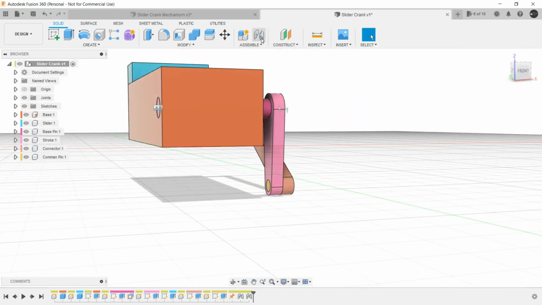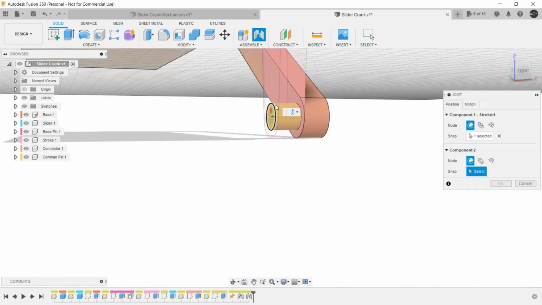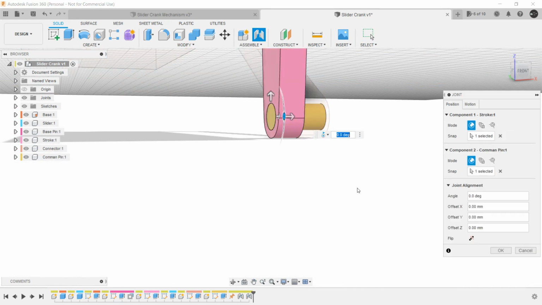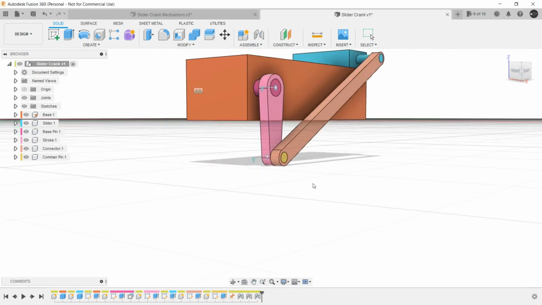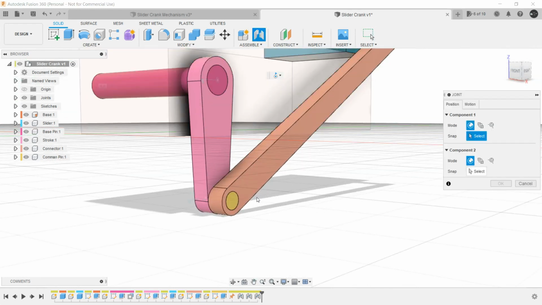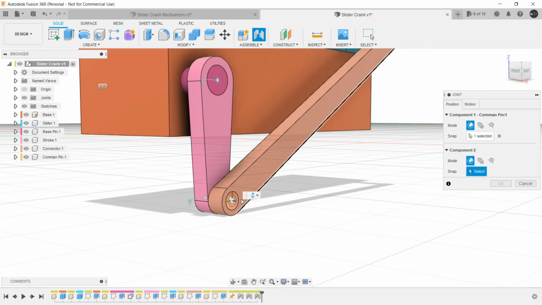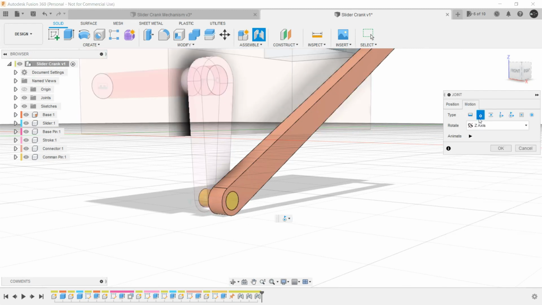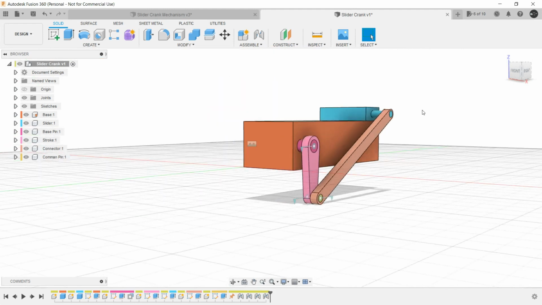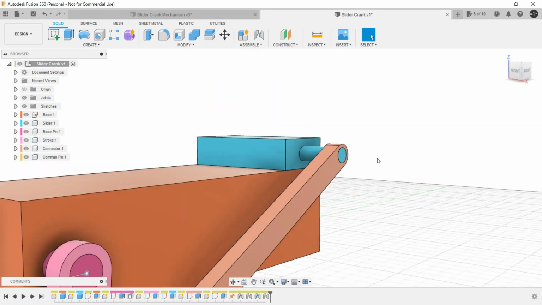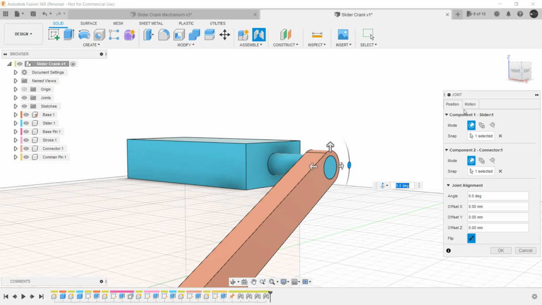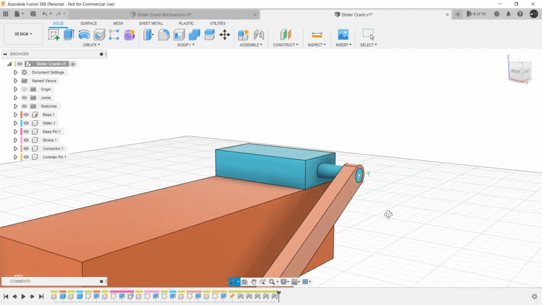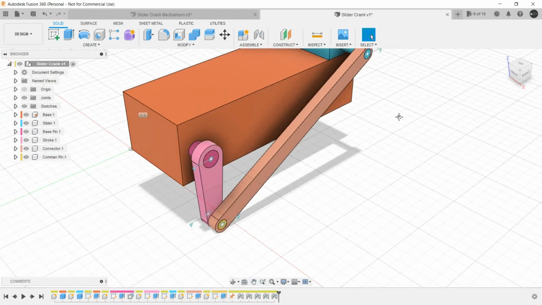Next, a joint between this common pin and your stroke. Next joint between the common pin and the connector. Again, motion is revolute. And then between the slider and this connector, again revolute only. And finally the most important joint,